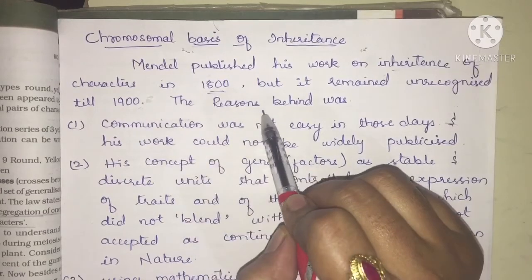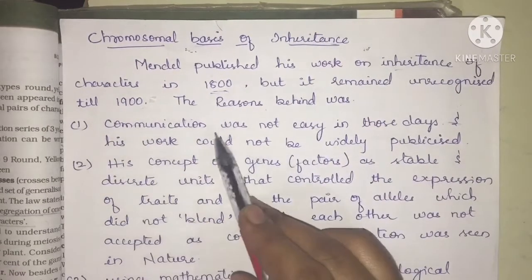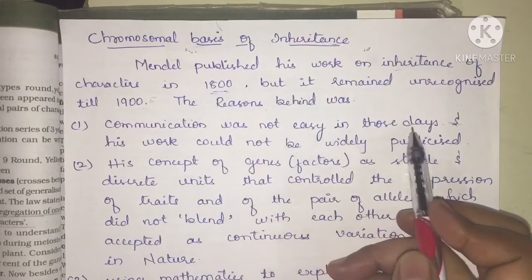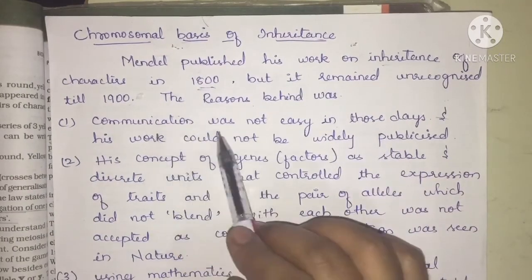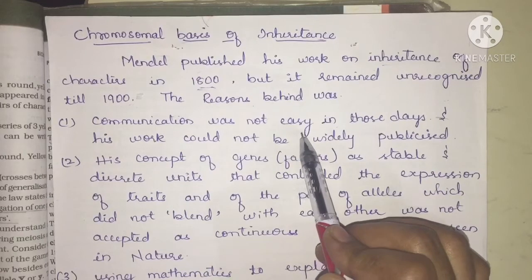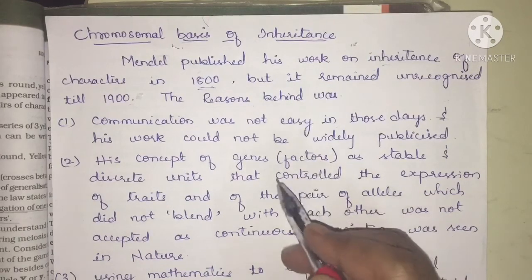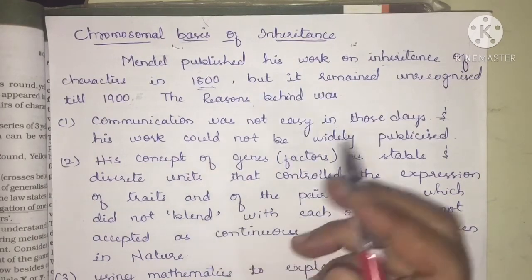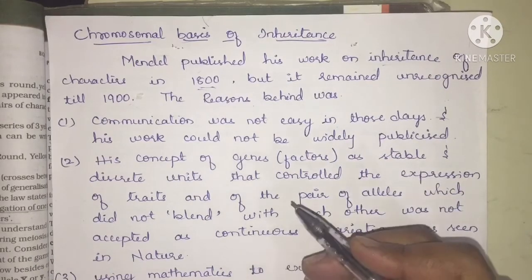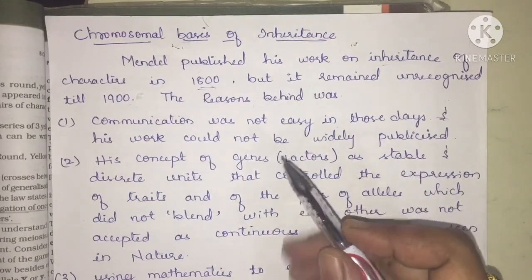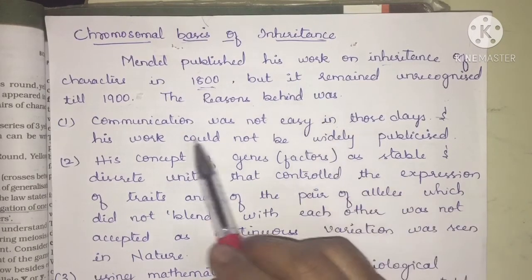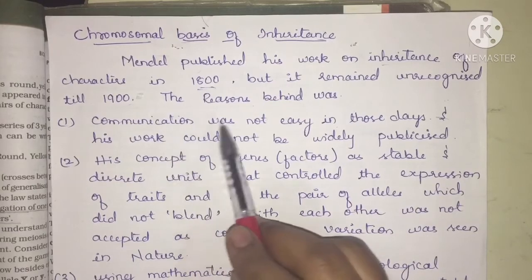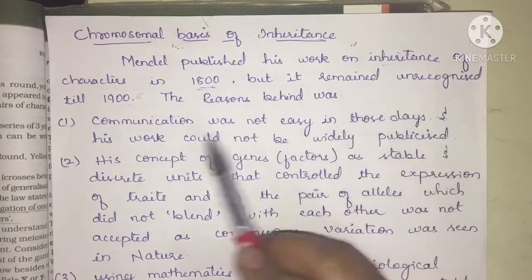Those reasons are, first one, communication was not easy in those days. Nowadays, as we have mobiles and many social media through which one can communicate with another within a few seconds, but earlier it was not possible. Why was it not possible? Because all these were not invented nor discovered. So the first one is that communication was not easy in those days